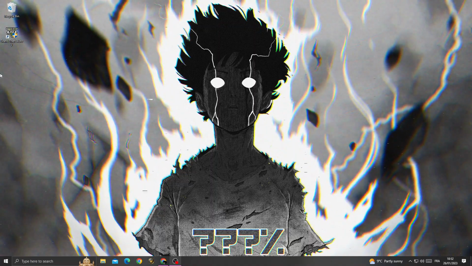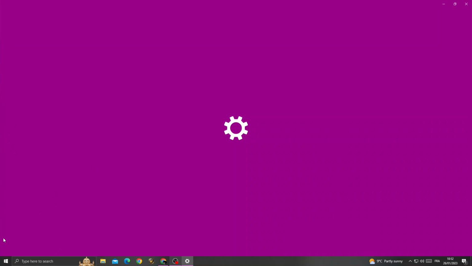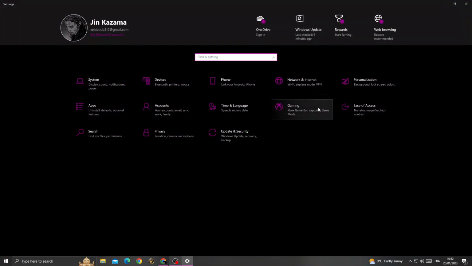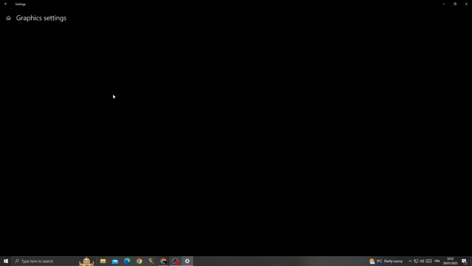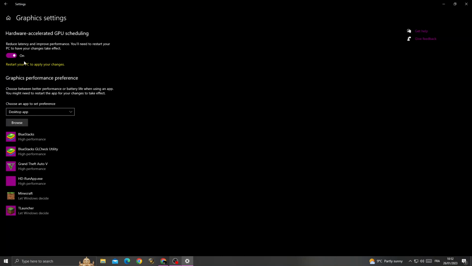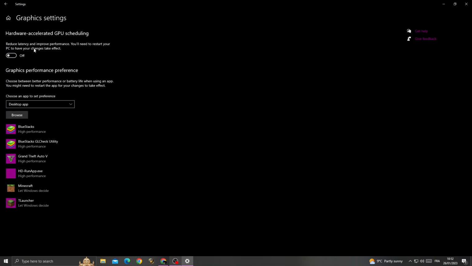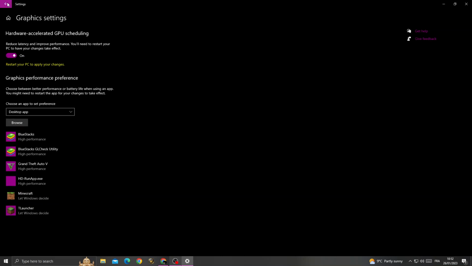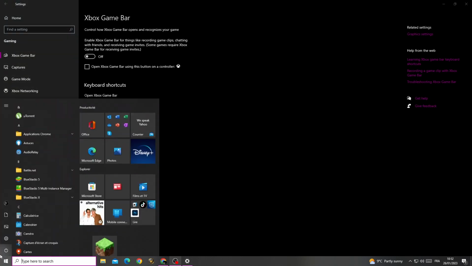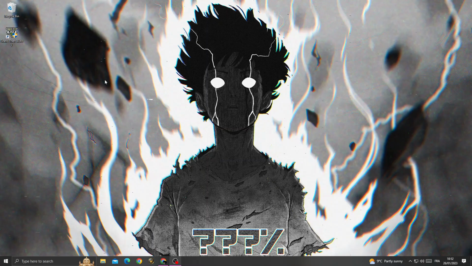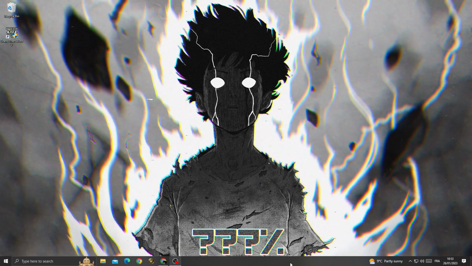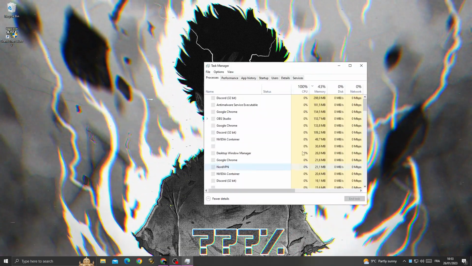If you want to fix it, all you need to do is open Settings, and now once you're here, go to Gaming, and after that go to Graphics settings, and then make sure to enable this option here. Enable it, turn it on, and then go back. Restart your PC, and after restarting your PC and before launching GTA 5, right click here, go to Task Manager,